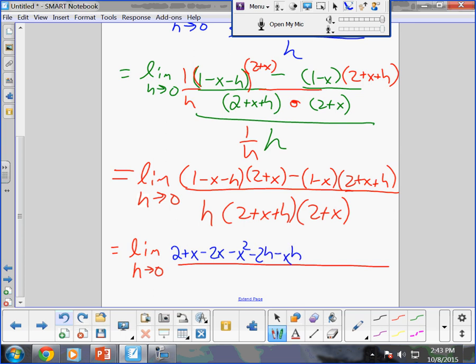I will write in black above here so I can change the signs. 1 times all that stuff is just 2 plus x plus h. Negative x times those is negative 2x minus x squared minus xh. But then this sign has to distribute to all those terms. Again, algebra galore, right? Minus 2 minus x minus h plus 2x minus x squared